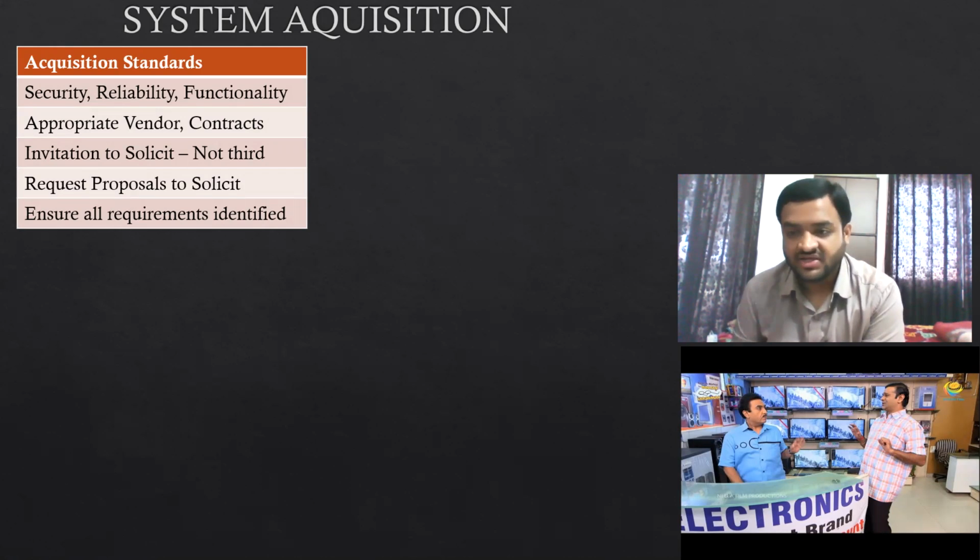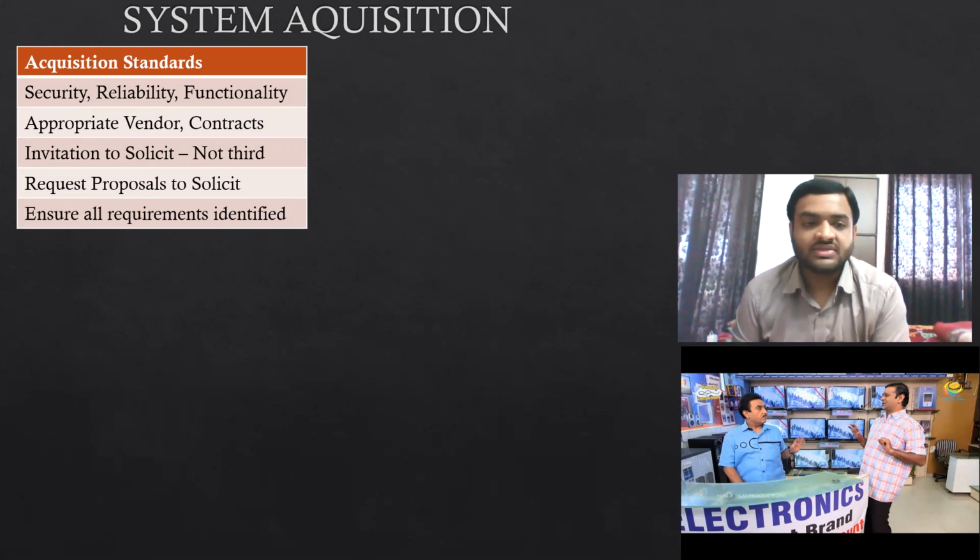we will give an invitation in the newspaper or on our website or in the business community that we are looking for a software person who can give us the software or the system. So what we are giving is an invitation to solicit. Invitation to solicit: please prepare your quotations and approach us. We want to buy system software from one of the vendors. That is the news that we will share, and that is what is called invitation to solicit.